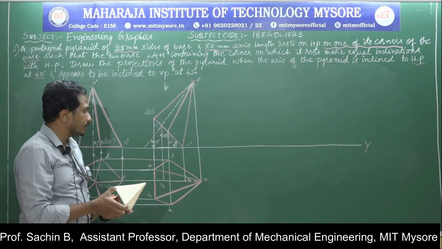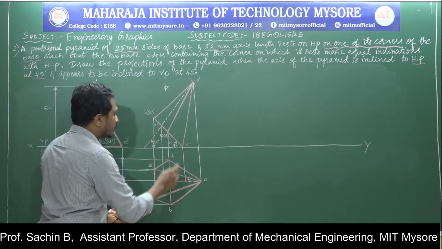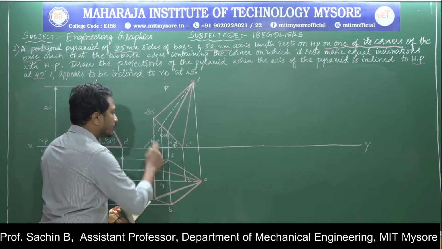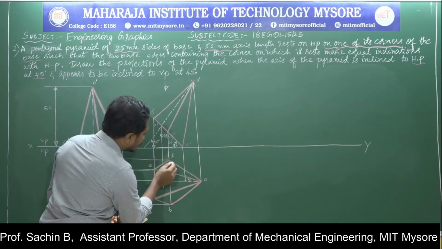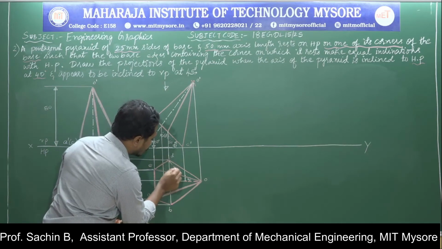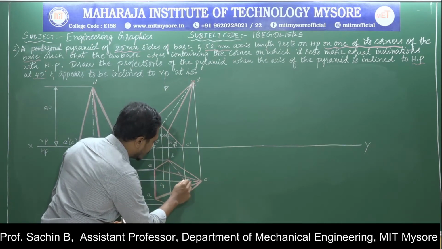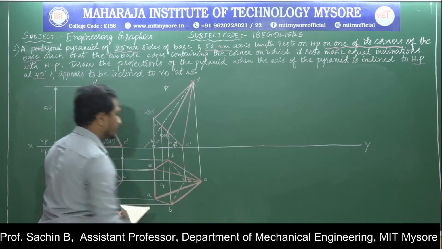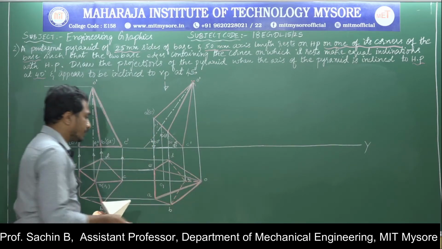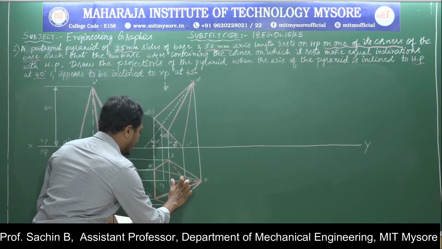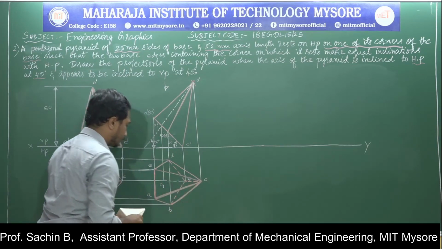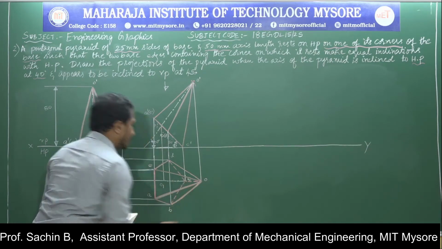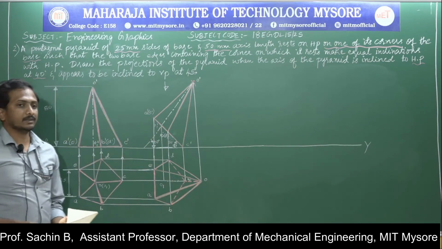Here if I view the object, O dash to B dash, C dash to B dash, and C dash to D dash are not clearly visible for me. These are the hidden base edges, and one slant edge is not clearly visible. Other than that, this will remain as an axis for me. I will indicate it with the chain line that will remain as an axis.